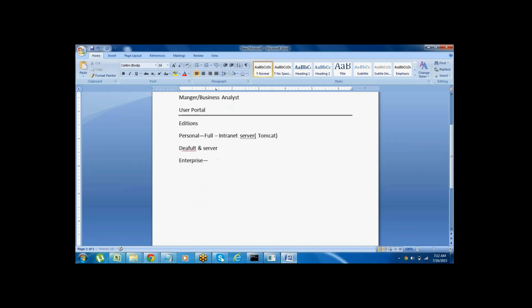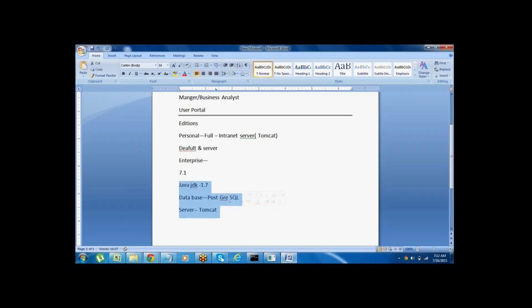When you install the Pega software, as I told you, it installs Java in the backend, one database, and one application server. For the 7.1 version, it installs Java JDK 1.7, the PostgreSQL database, and coming to the server, it installs Tomcat.